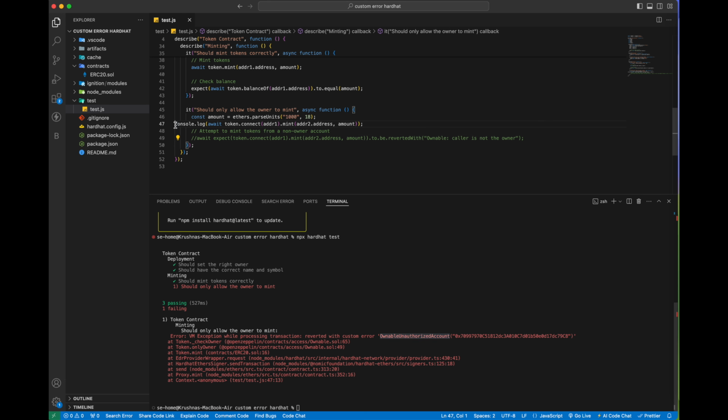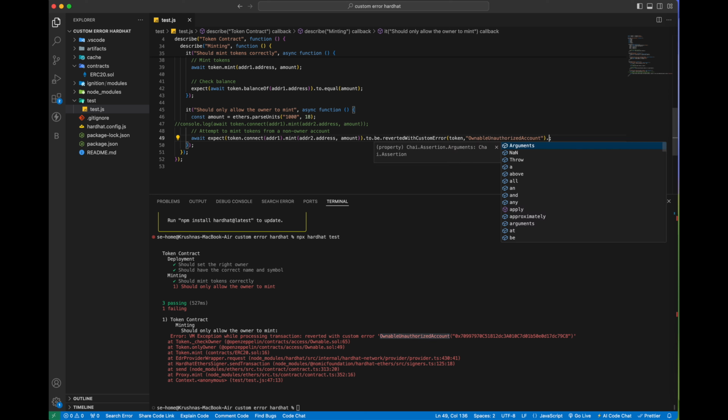To handle this kind of error, we have to use a different method, which is revertedWithCustomError. It is available in the official documentation also. Here we have to pass the smart contract, the error name as a string, and if the error has some arguments, we have to pass those arguments. So first the smart contract, which is the token smart contract. After that, the error name OwnableUnauthorizedAccount. After that, we have to pass the argument also